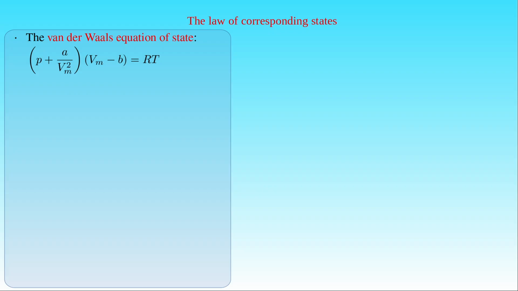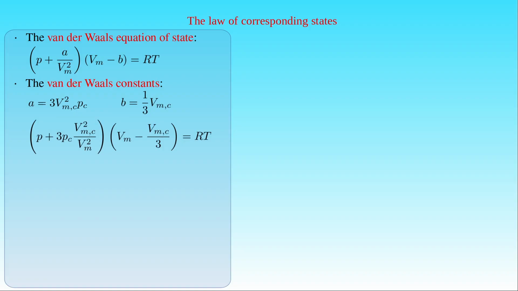Here the correction constants of the substance can be expressed in terms of its critical constants as follows. The pressure correction constant A is given by 3 times the square of the critical molar volume V sub mc of the substance, times the critical pressure Pc of the substance, whereas the volume correction constant B is equal to the critical molar volume over 3. By substituting these expressions into the van der Waals equation, we can replace the van der Waals constants with the